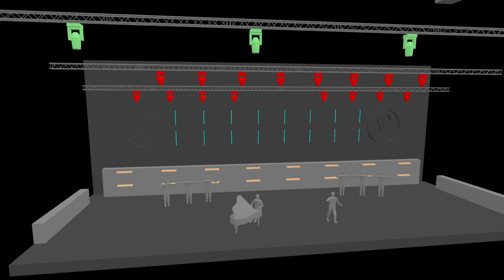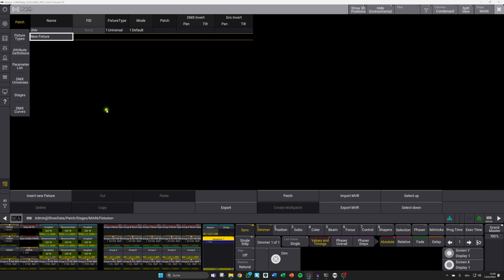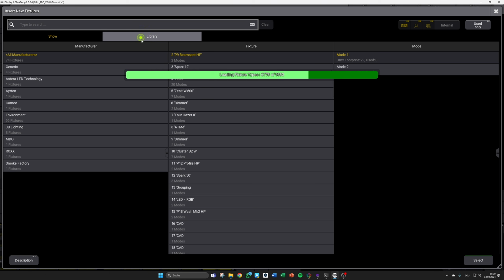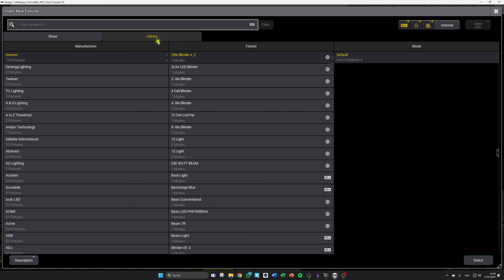As you can see in Capture, we have a total of 16 hybrid moving lights, 16 Astera LED tubes in the background, and 16 GLP X4 bars. So we will now simply bring them in accordingly. To do this, simply hit the Insert New Fixture button down below. Move over to the library so that you get all the fixtures, not just those which are already in the show,